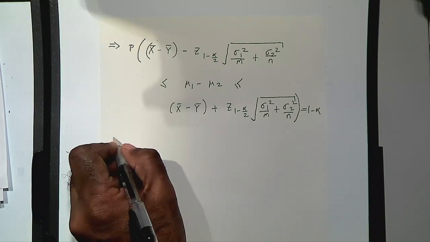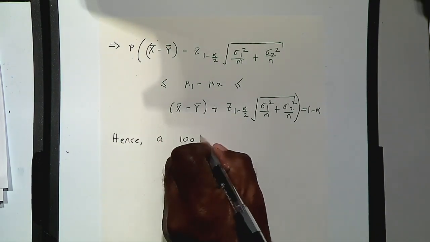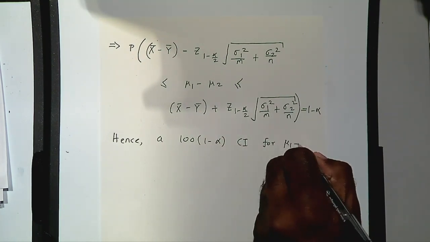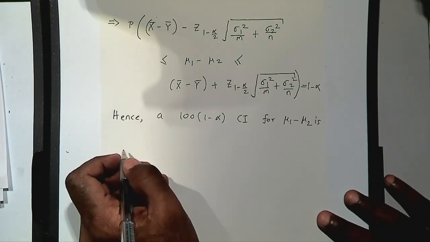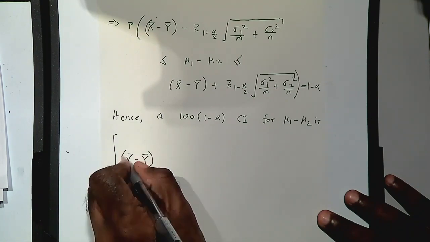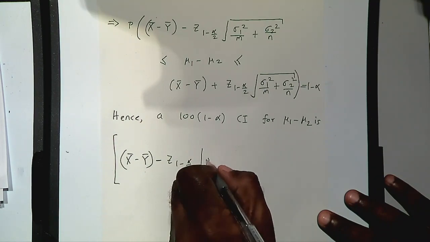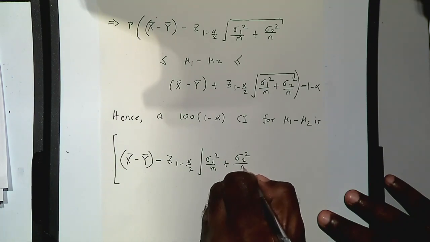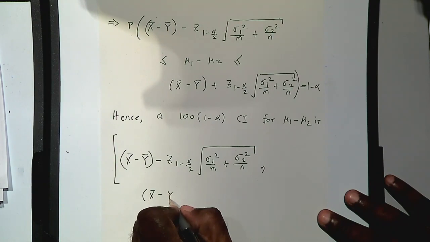And hence, 100 times 1 minus alpha percent CI for mu1 minus mu2 is the following. Big bracket x bar minus y bar minus, comma, x bar minus y bar plus